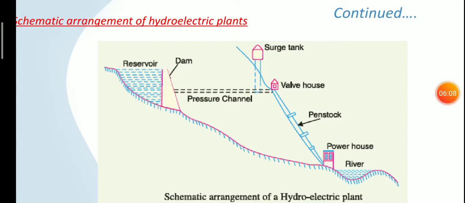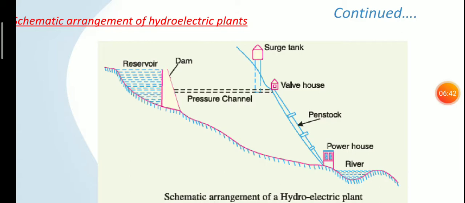the water turbine. Water turbines can be of two types, impulse turbine or reaction turbine. Impulse turbines are used for high head arrangements. When a large head is available, it is used. And reaction turbines are used for low and medium heads. An example of an impulse turbine is the Pelton wheel arrangement, which is used in Idukki power station. And other examples of reaction turbines are the Francis turbine and Kaplan turbine.